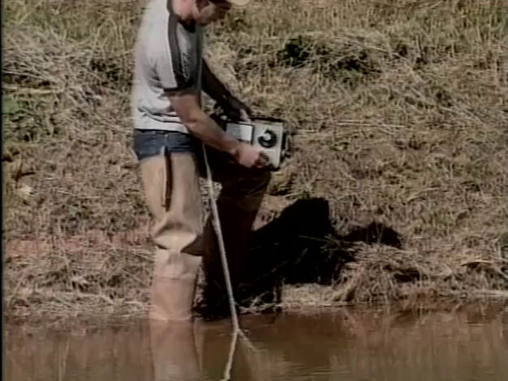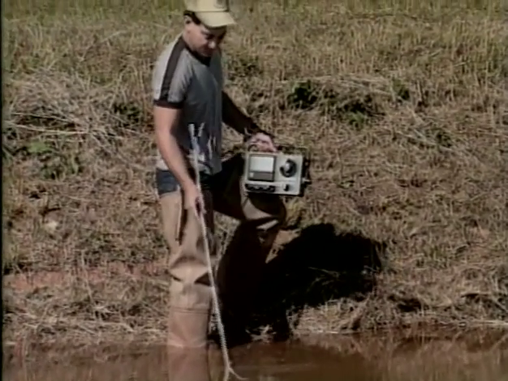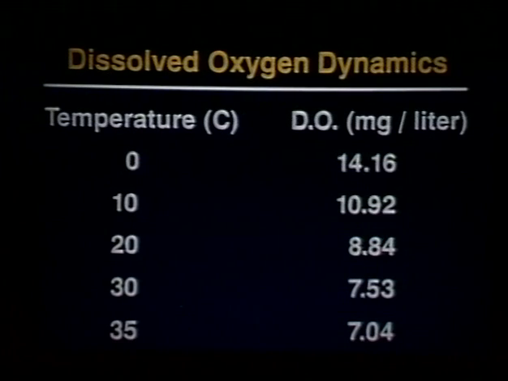In the southern United States, temperature has the greatest effect on the amount of dissolved oxygen at saturation. For example, one can see that as temperature increases, the amount of oxygen at saturation decreases. In the summer, as water temperatures increase significantly, less oxygen can be held by water due to the lower saturation level. This, combined with increased oxygen usage, is the major reason dissolved oxygen deficiencies occur primarily in the summer.